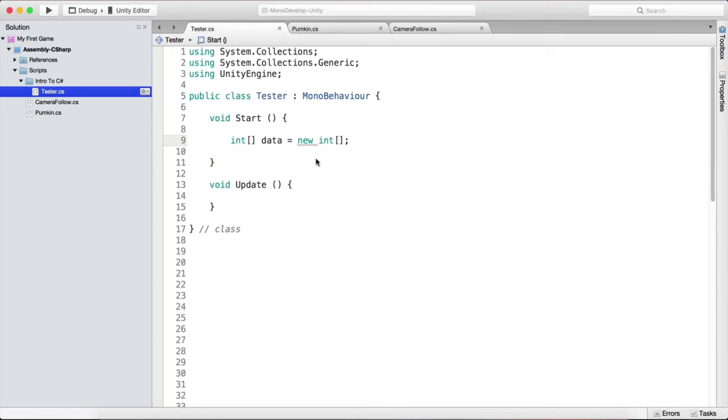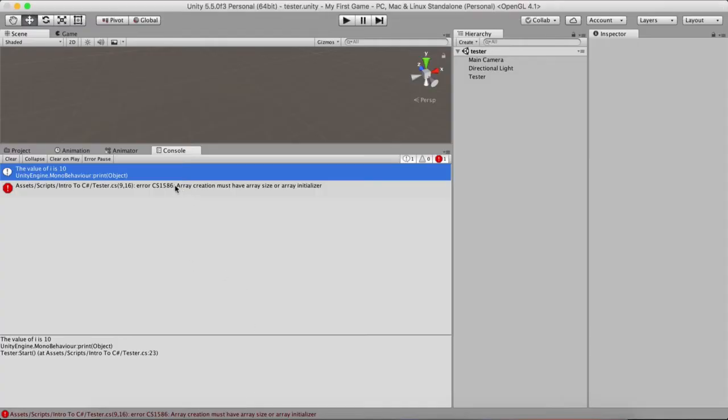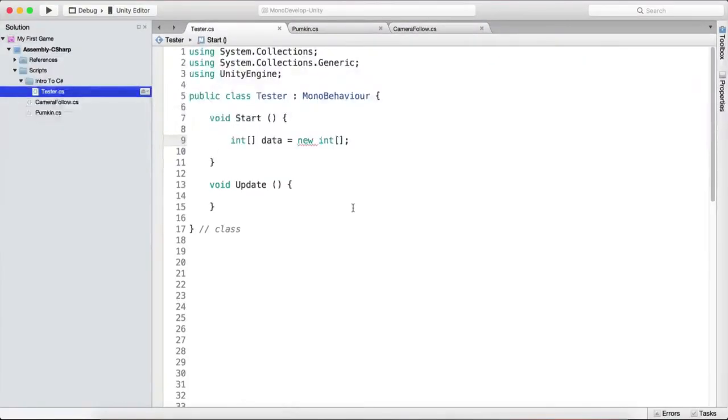like this. And it is giving us an error right away. You see this red line, and if we go here in our Unity editor, it says array creation must have array size or array initializer. What does that mean? Well, I mentioned a moment ago that if we want to create 10 integers, so let's say we want to create 10 integers and store them in this array. When we create that, we need to denote here that we want to create 10 arrays or 10 integers, excuse me. So this is an array of integers called data, which is equal to a new array of integers of